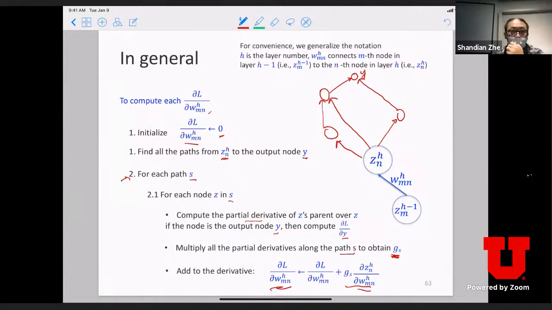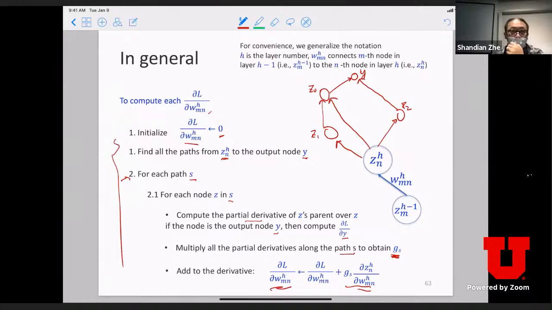I got 3 paths which connect Z and H to the output neuron Y, right? And here, just for convenience, I'll ignore the notations we just used and use some new ones. I denote these as Z0, Z1, and Z2. Right? So now, following this whole procedure,